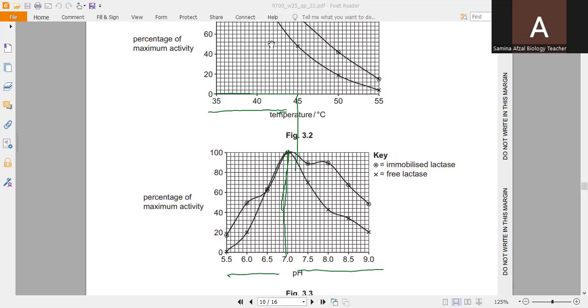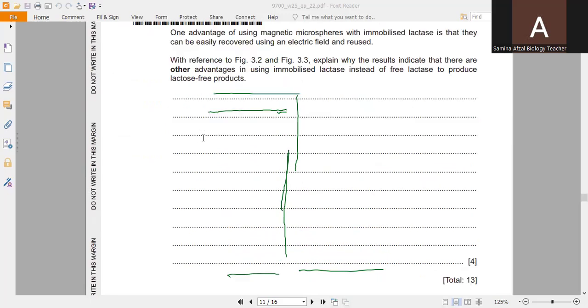So we can say that the enzyme is less likely to denature or have its active site charge altered when the pH fluctuates, making the process more robust for industrial milk treatment. You can observe it in both curves. So now we have to write the answer after this explanation, keeping in mind both of these graphs, with pH and temperature. So I would like to write: